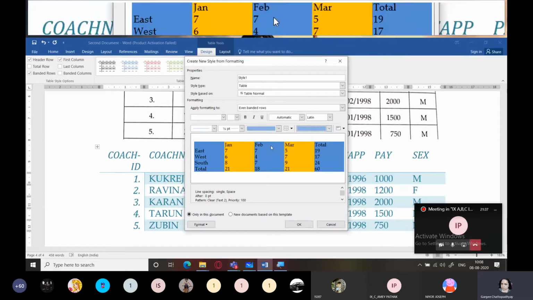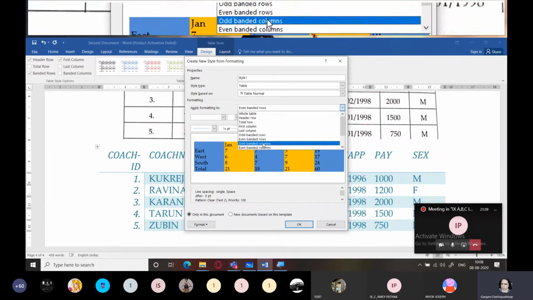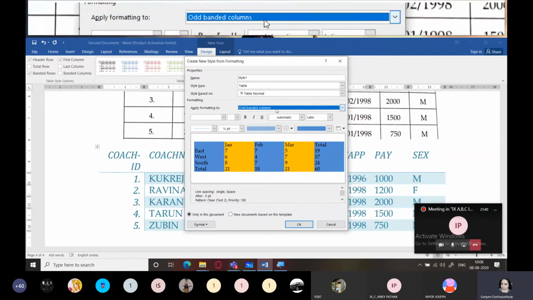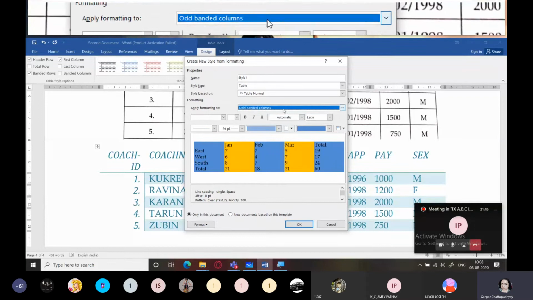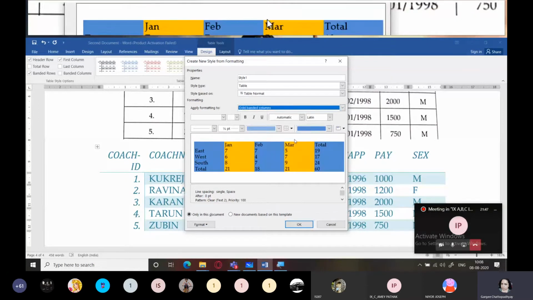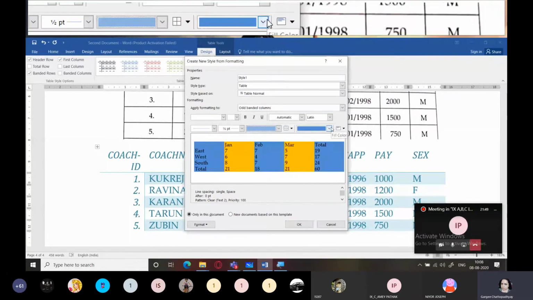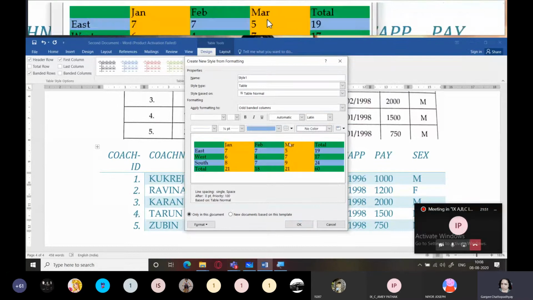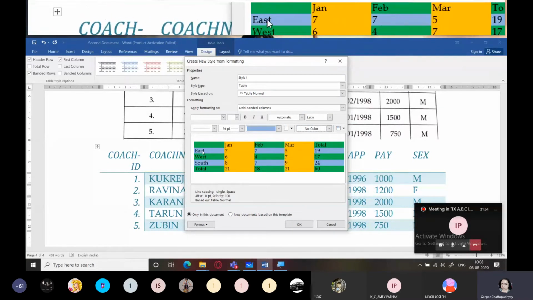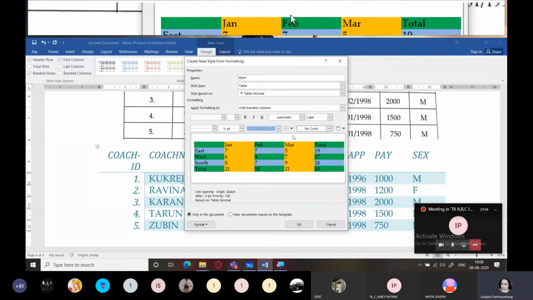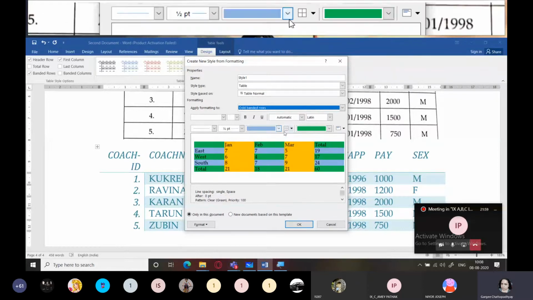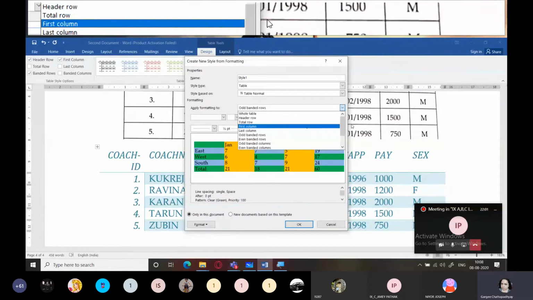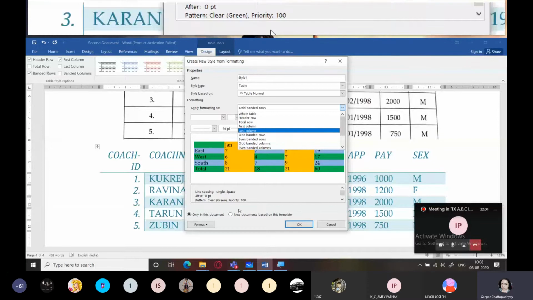Yes. So actually, the problem is, students, when you format columns, it completely replaces the rows. So you have to remove the formatting from your columns first. No color. Now when you press no color, you will be able to see the specification for rows over here. Understood? So this is how you need to do it.